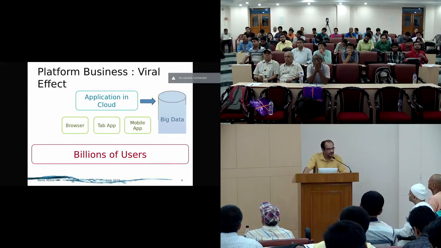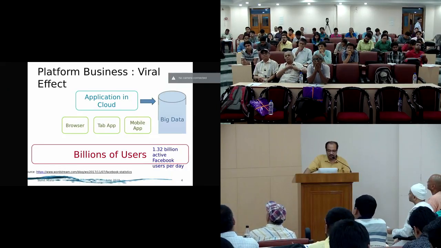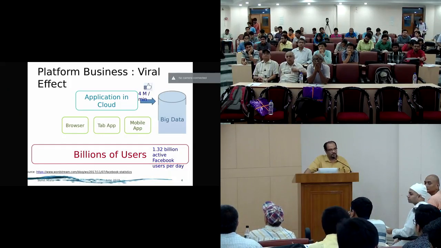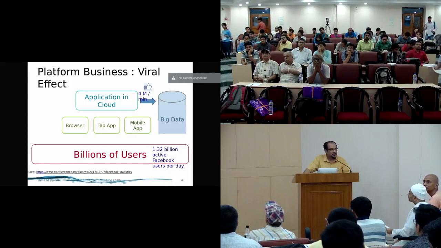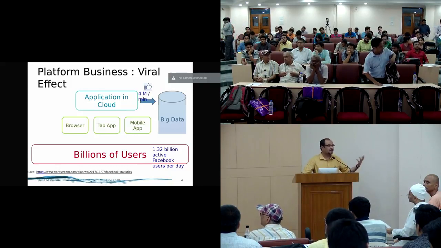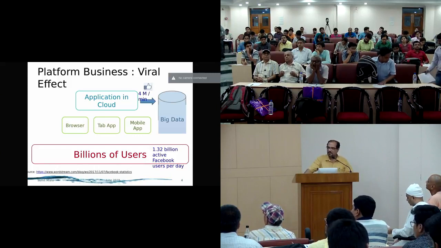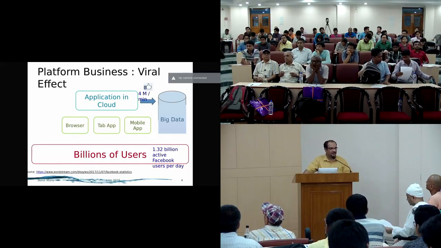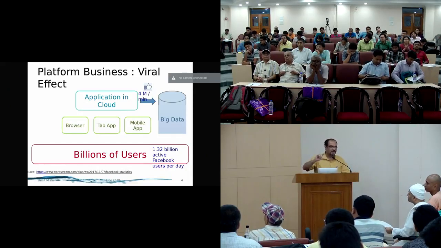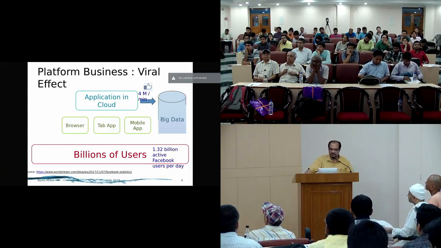And if we take Facebook as an example, it has about 1.32 billion active Facebook users per day, every day. And they are generating 4 million likes per minute. So if you have to do some opinion or advertisement or anything based on the likes of the person who is using it, you have to be pretty fast in using that and giving responses. And probably whoever is using Facebook sees contextual advertisements in the right middle column of the system.